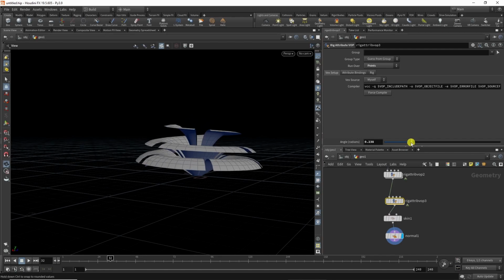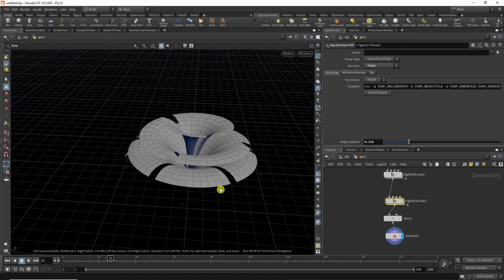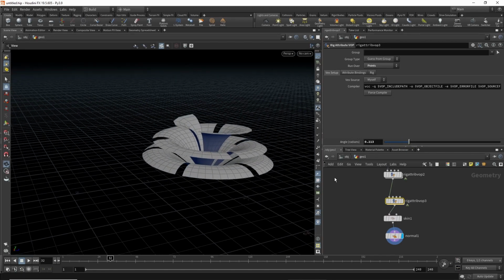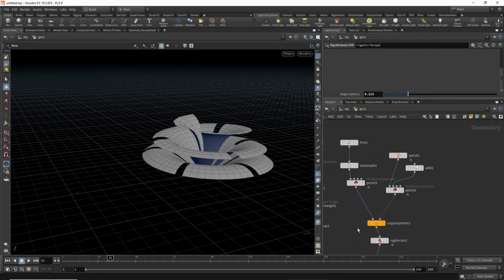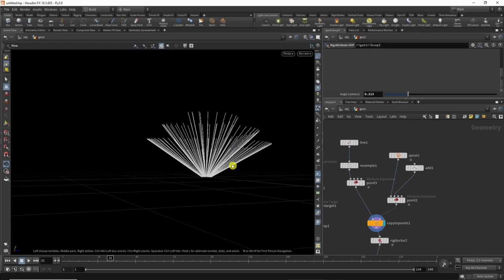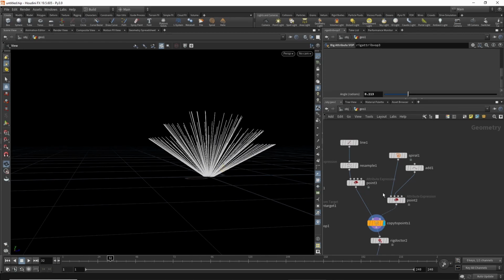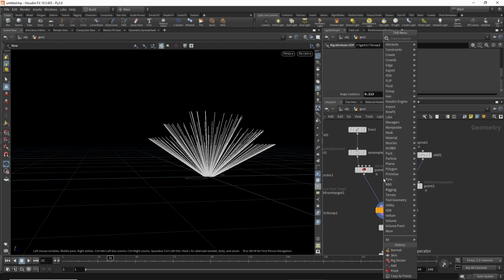So now we just play with this. This is looking alright, but it's a little bit uniform. So one thing I want to do is on these lines, let's go back to this copy to points, and vary the length a bit, and that will help break up those edges. So we can do an